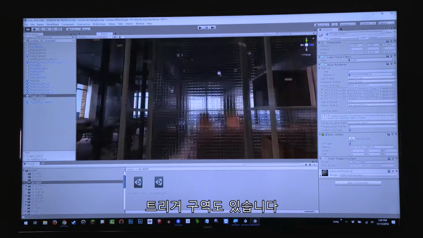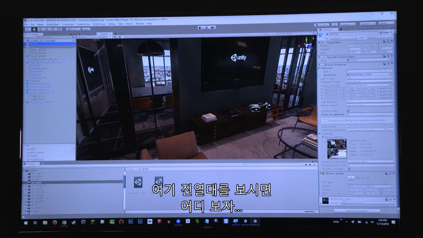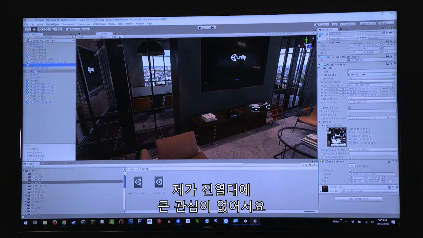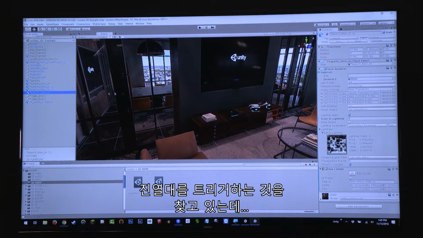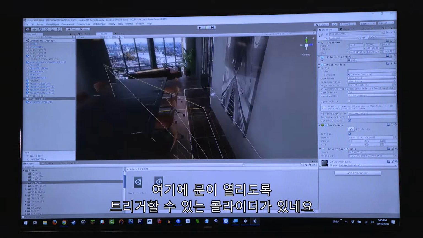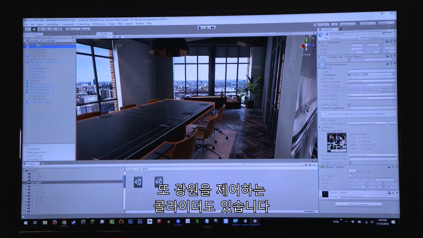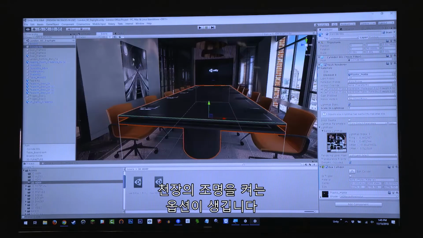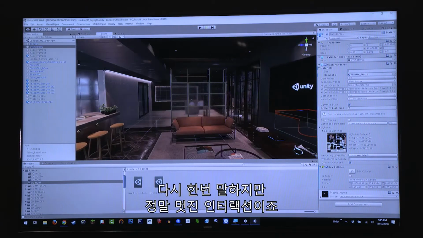We also have some trigger zones. So if I look at, that's the credenza, let me see here. I'm not interested in the credenzas. I'm looking for the one that triggers my, well, here's another one where we can trigger, again, the doors opening, and one of these controls the actual lights. So if I'm touching this collider here, then it's going to give me the option to turn on the lights above the room there. So again, we have that interactivity, which is really cool.